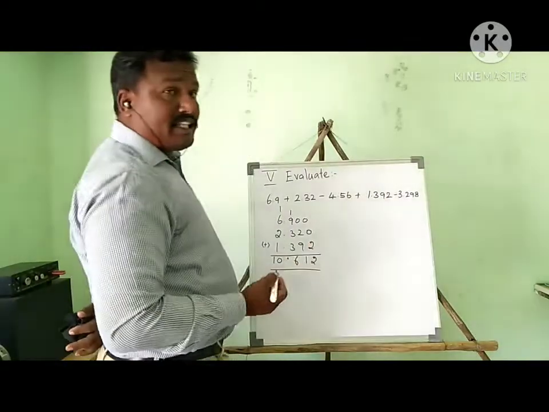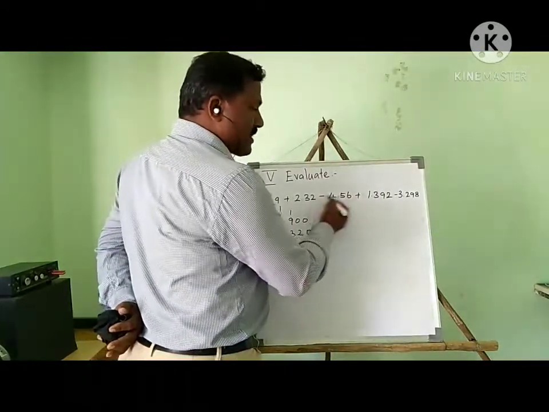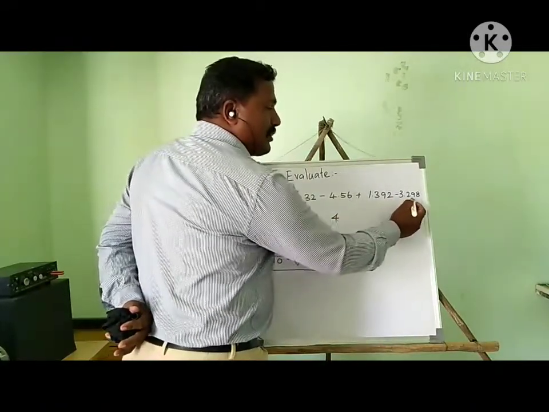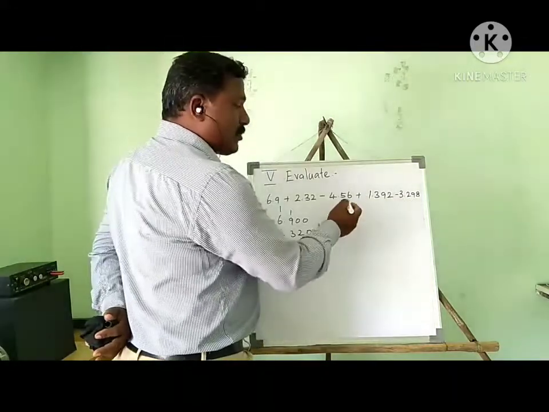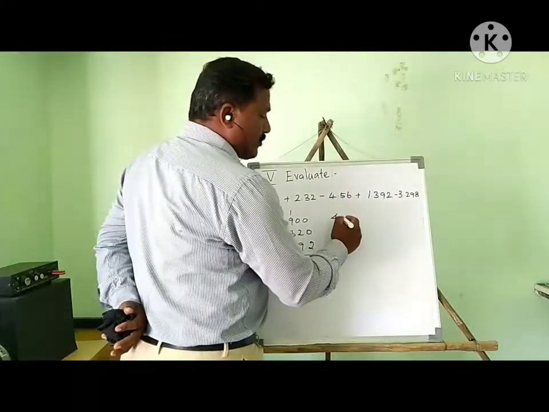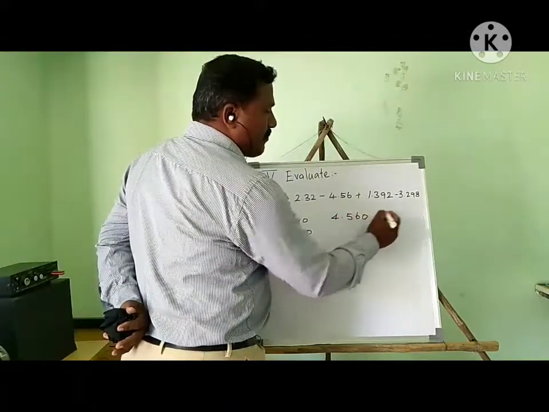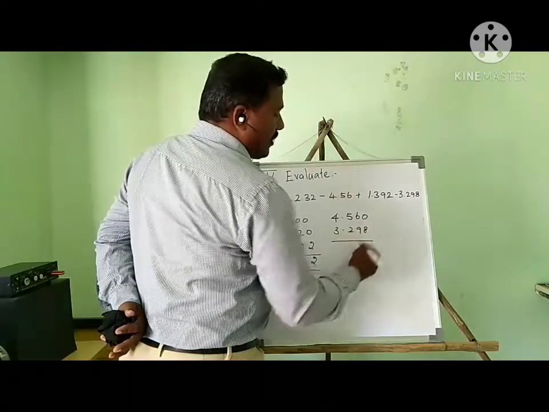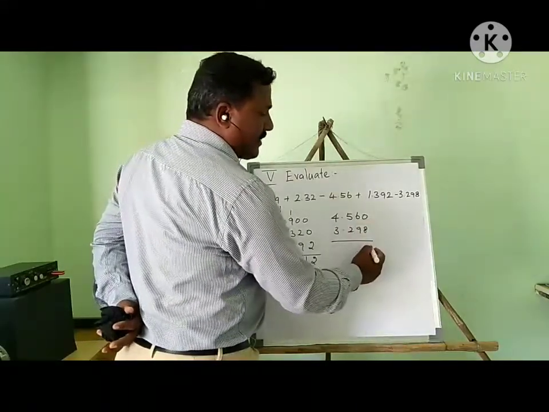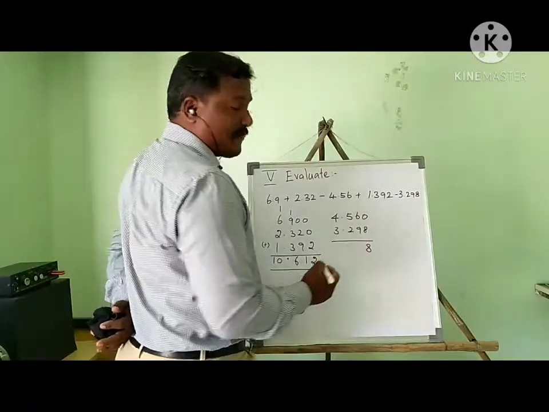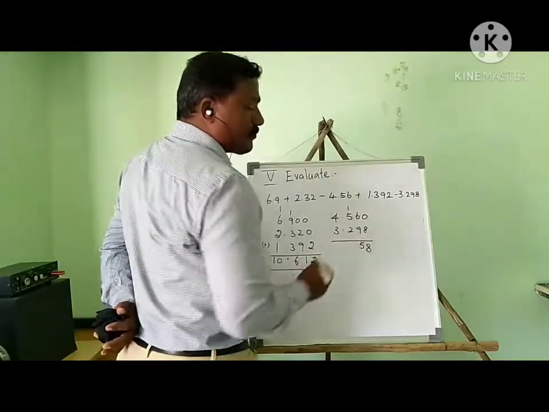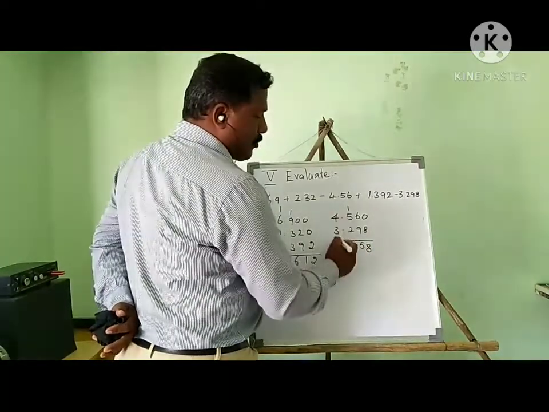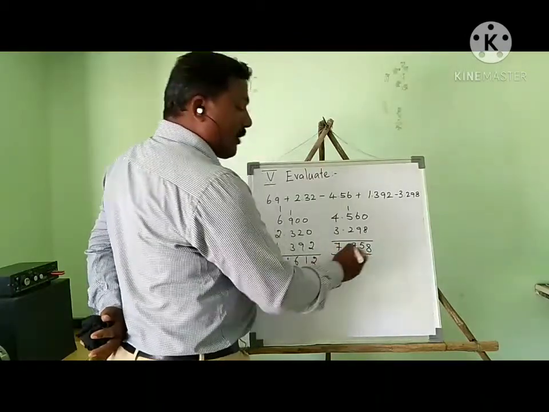Now I am going to find the negative values. If you see the negative values, here 2, here 1, here 1 decimal places. The decimal place value is 3, so where there are 2 places I will put a 0: 4.560. Then another negative value, 3.298. If you add these, 0 plus 8, 8; 9 plus 6, 15, remainder 1; 6 plus 2, 8; decimal point; 4 plus 3, 7. So we got two answers.